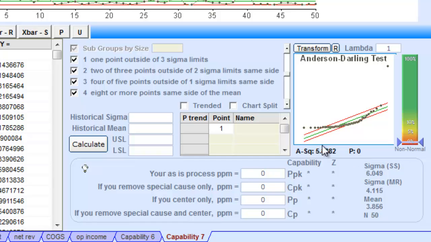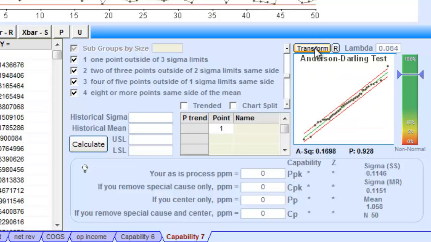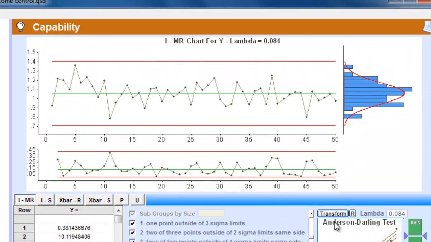So what do we do? Well, we use the Box-Cox transform, and that's built into Quick Sigma here. What this does is it raises all of your data and your limits to an exponent that it calculates, and it goes in and finds out what that exponent needs to be in order to produce the most nearly normally distributed distribution you can get. So all you have to do then is click the transform button,